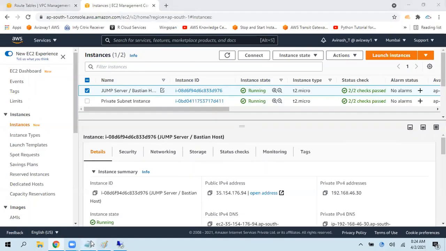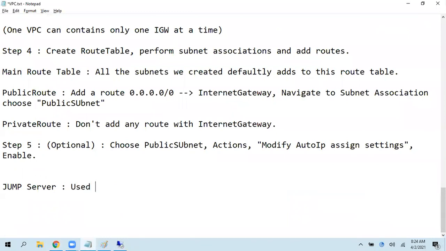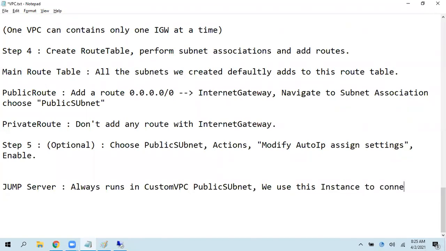So the jump server always runs in the custom VPC public subnet, and we use this server or instance to connect to all the private subnet instances.